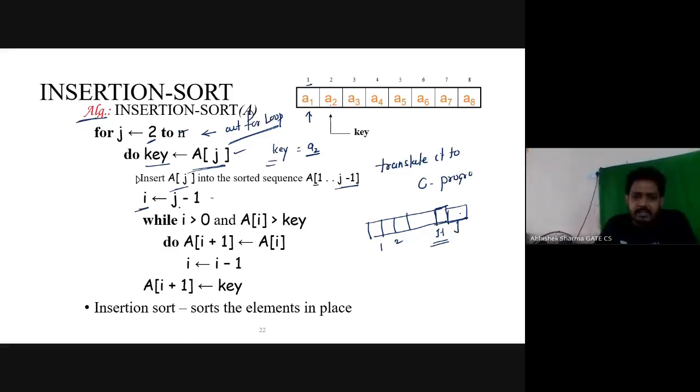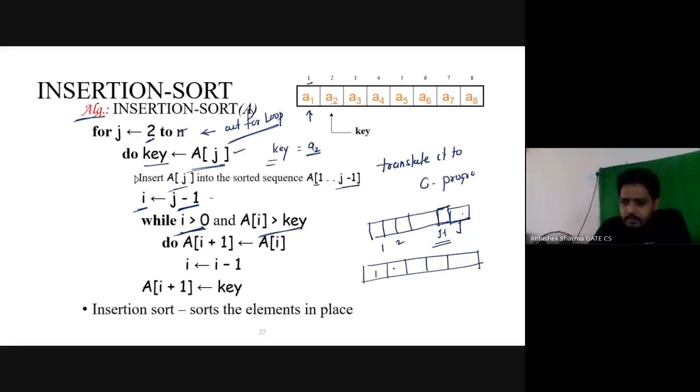So i is assigned j minus 1, and the loop runs while i is greater than 0 and A of i is a greater value than the key value. Why am I saying this? For the time being, let's understand this, because the algorithmic approach is different.